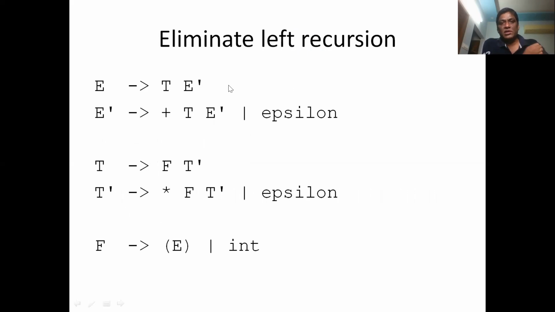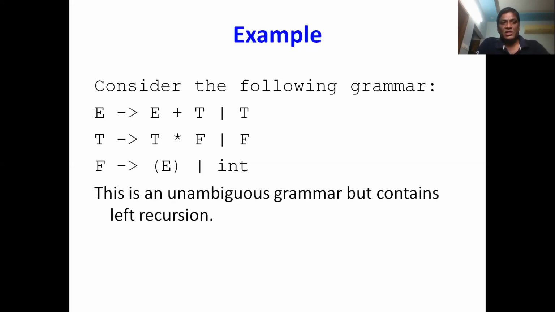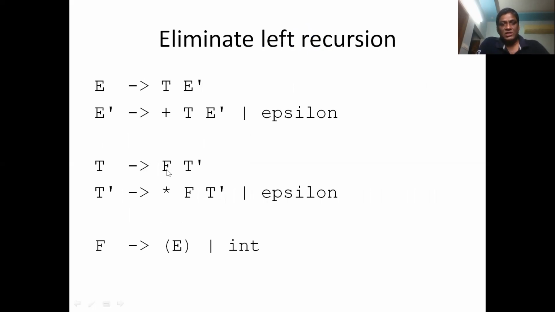We already solved some problems in our previous sessions, so please refer to that video again to understand how this left recursion is eliminated. Again, this second production is also converted like that. T implies T star F or F. It is also in the form of A implies A alpha or beta. So you need to convert it as A implies beta A dash, and A dash implies alpha A dash or epsilon. In that manner, T implies F T dash and T dash implies star F T dash or epsilon. And the third production does not change because it does not have any left recursion.